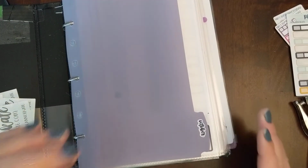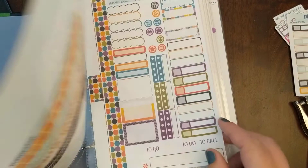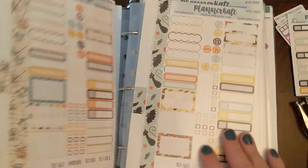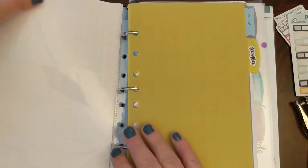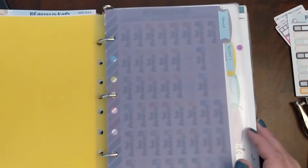So how I've got it now is I've got little tabs. I've got one for each month, and so I've got October, it's my monthly kit. Over here is my washi for my budget, and then all of my weekly kits. And I've got the same thing for November and all my weekly kits. And then I've got December. And this one's empty because I haven't ordered my December kits yet, but I'm going to leave this tab in here. And then we get into